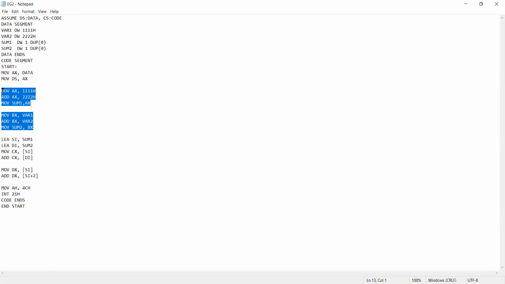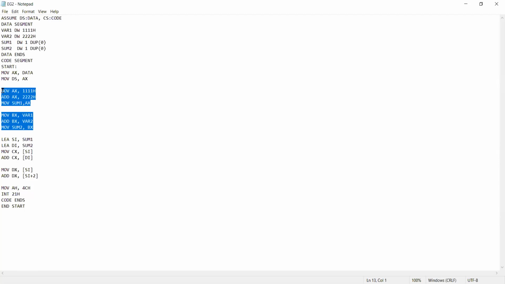Yes, sir. In the first set, the operand is directly present, and in the next set we are using variables. Yeah, in the first set we are using the immediate addressing mode. In the next set we are using direct addressing mode. So both are almost the same thing, sir. We can use immediate in the second one as well, right? No. The reason is I want to explain how we can use the instructions.